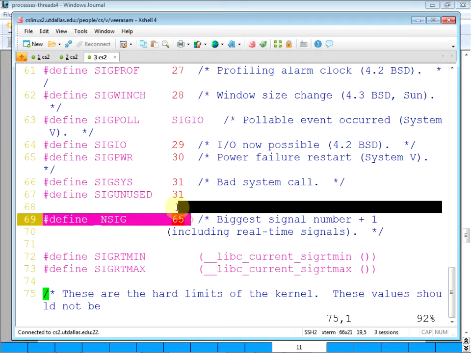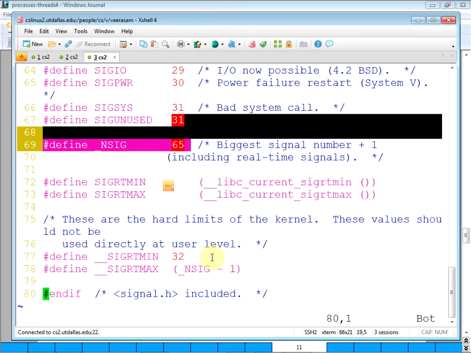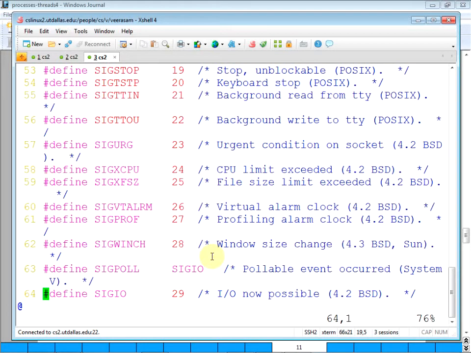So totally 65 signals are defined, and usually they define a range where users can define different meanings, and they can be used just for communication purposes, instead of relying on the standard signals.